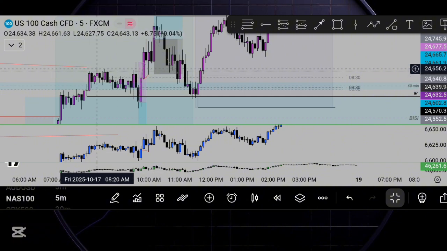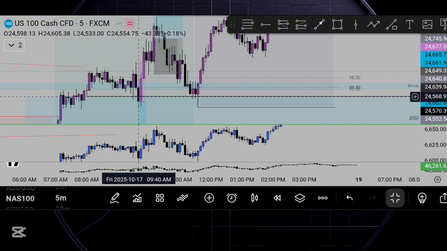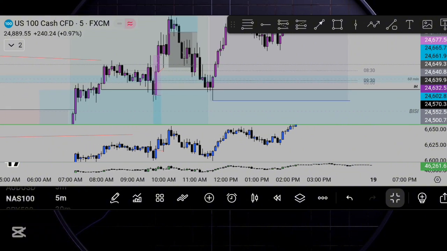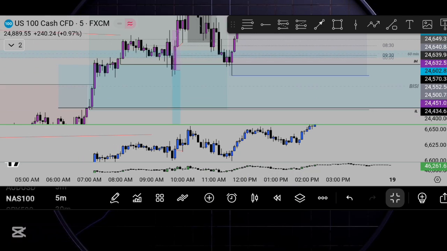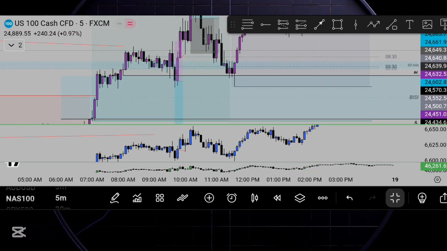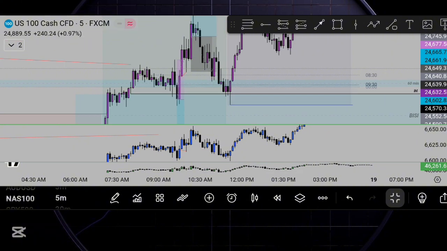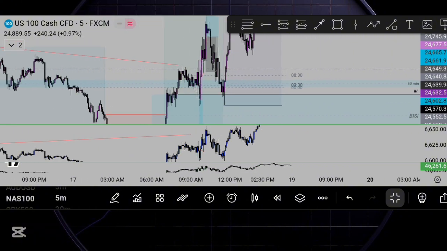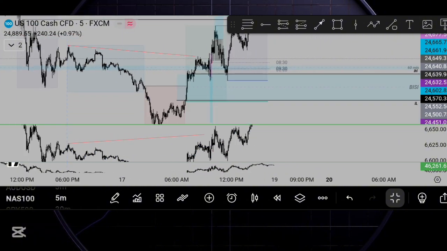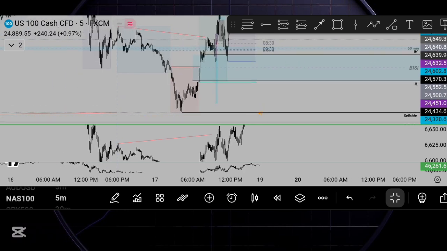went up to these 8 a.m. highs right here and made a bearish change of character, or change in state of delivery, upon closing below this 9:30 candle. So I was expecting the price to continue to the downside, but my trade got pretty much invalidated almost immediately. So I switched my bias to bullish, but already, if you can tell, this price action was not